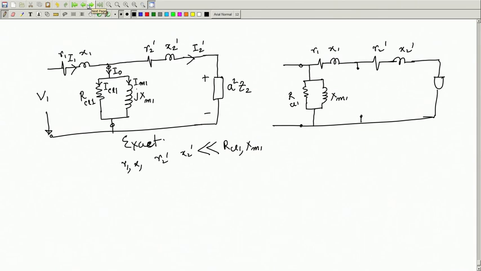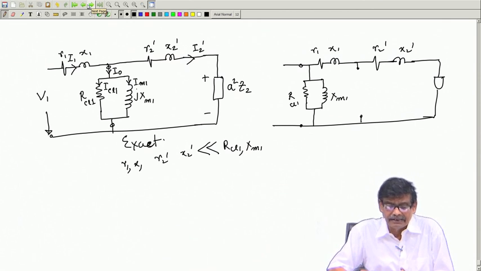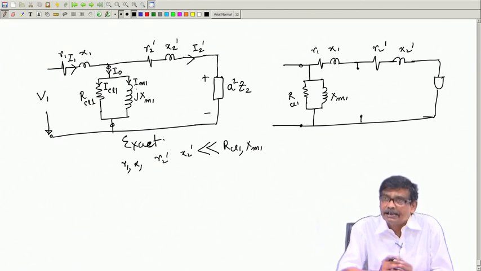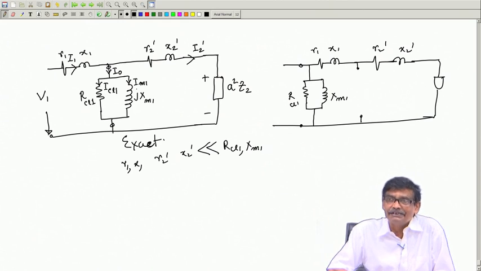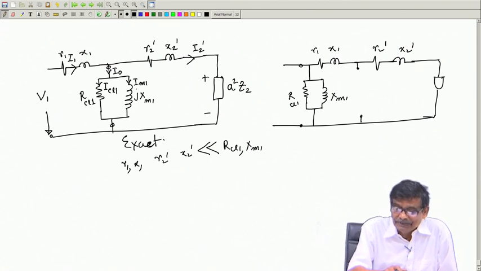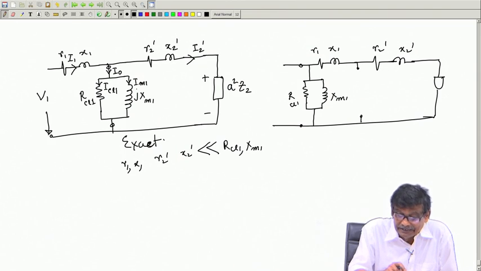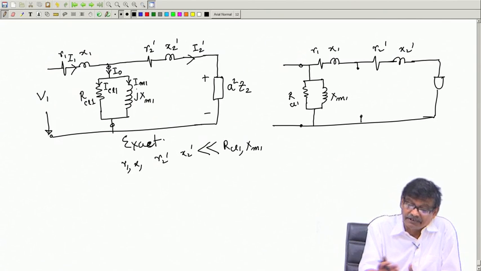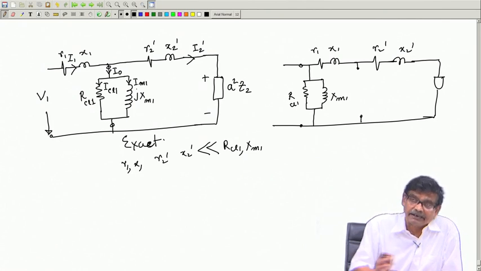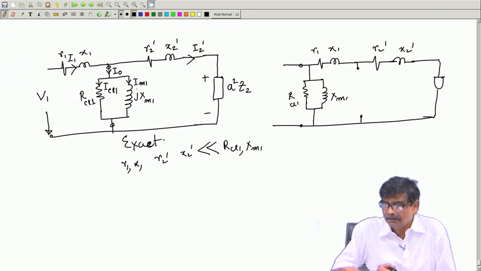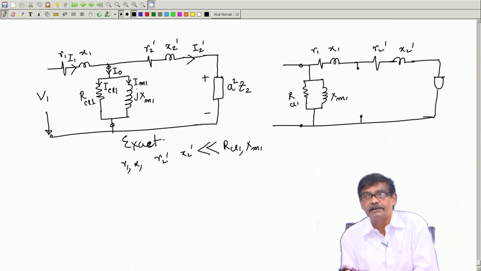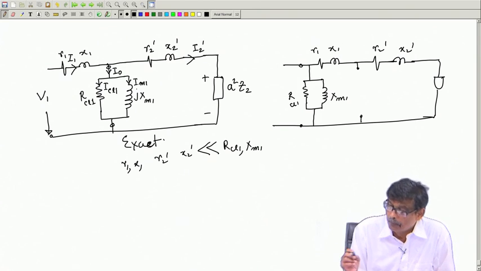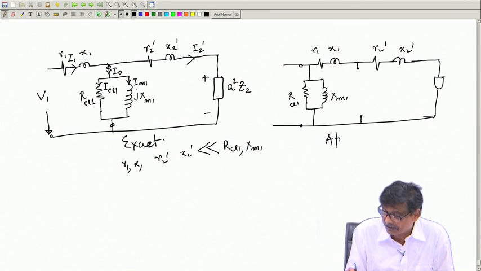And all said and done, nowadays a powerful calculator is available, everything is there. So, one can live with the exact equivalent circuit as well, but nonetheless even with calculators, you have to parallel these, complex numbers, a lot of computational effort, then that should be added with R 1 X 1, get the values. So, I think I have been able to put in your mind why that approximation is done, simply to reduce the computational effort. So, this is called the approximate equivalent circuit.